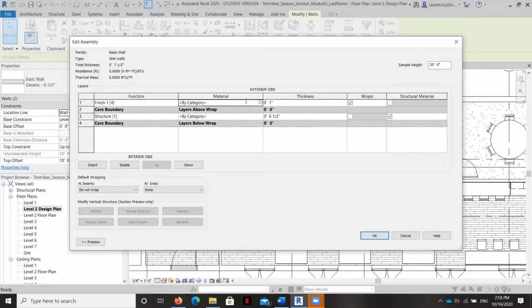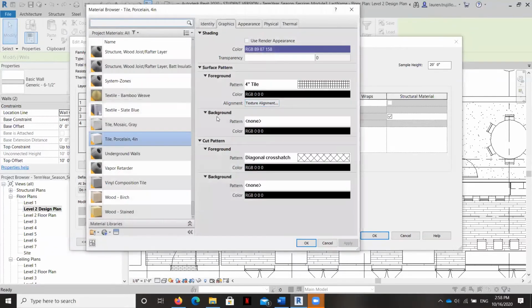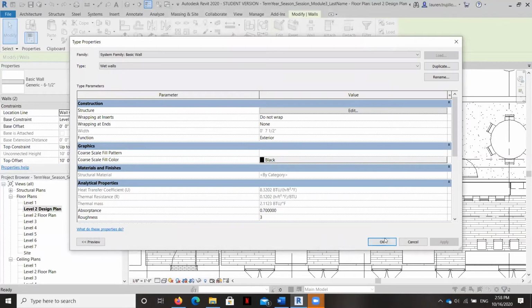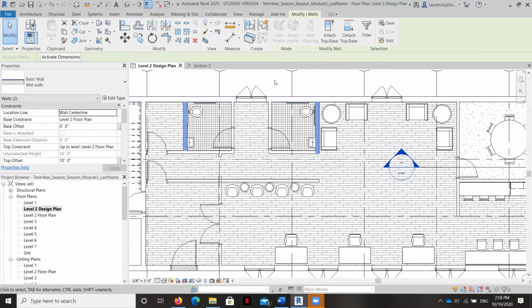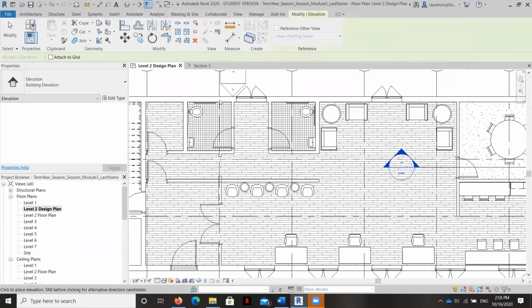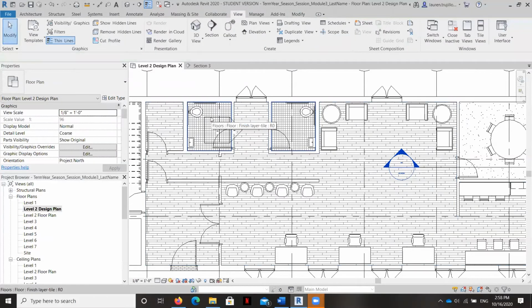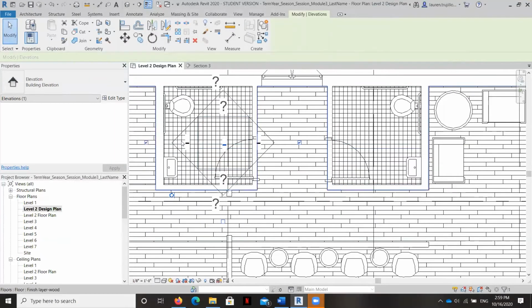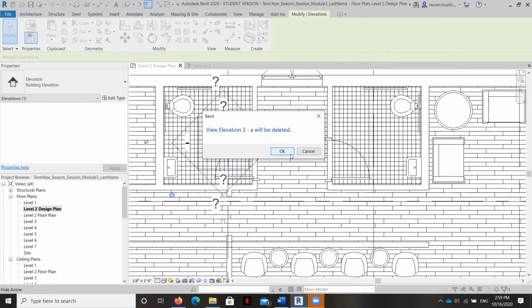Let's go ahead and hit the material here. And it's going to be tile on the wall again. So that's already set to go. And we'll hit OK. And OK once more. Now let's go ahead and take an elevation view of these walls. And that elevation tag is always so hard to get in the right spot and face in the right direction, but I can grab it and tab through, and I can check that box because that's the actual one I want, and uncheck this view.